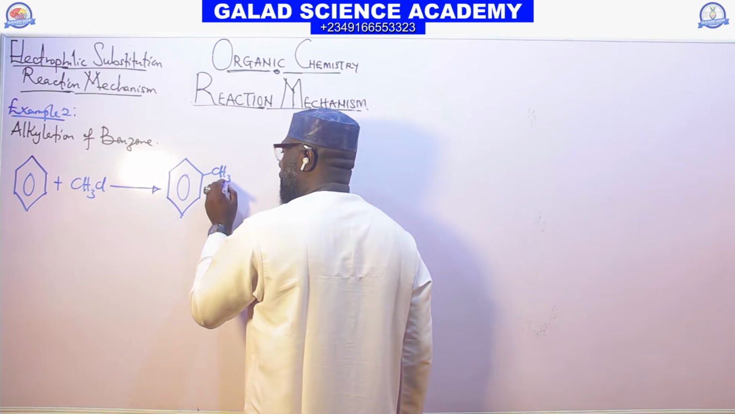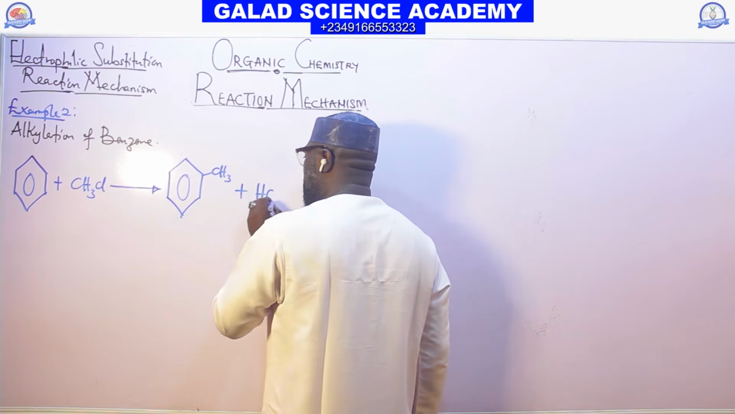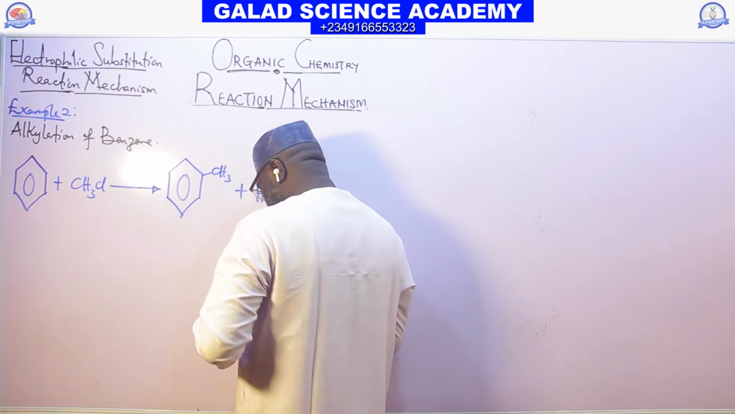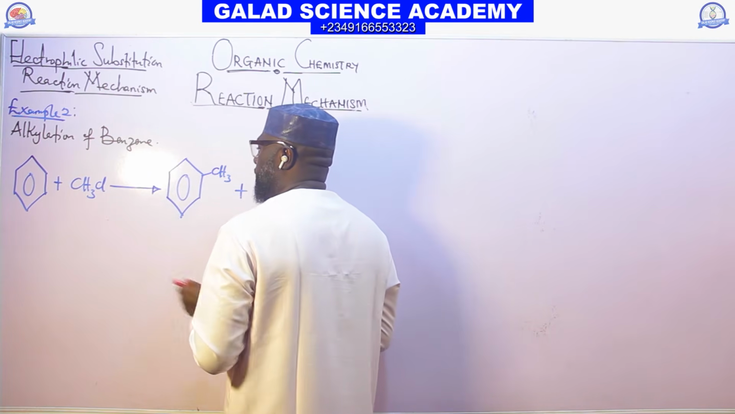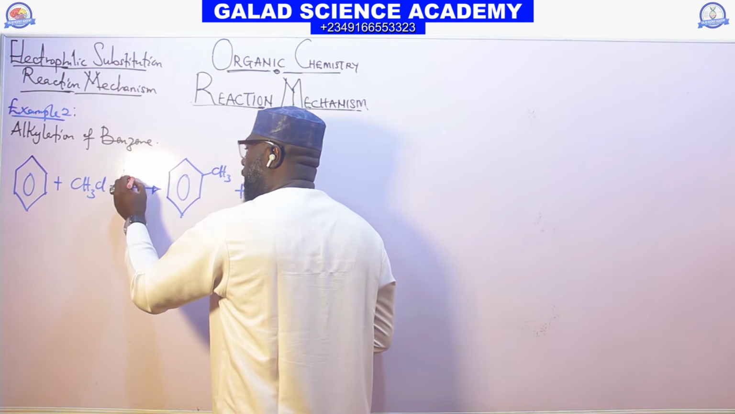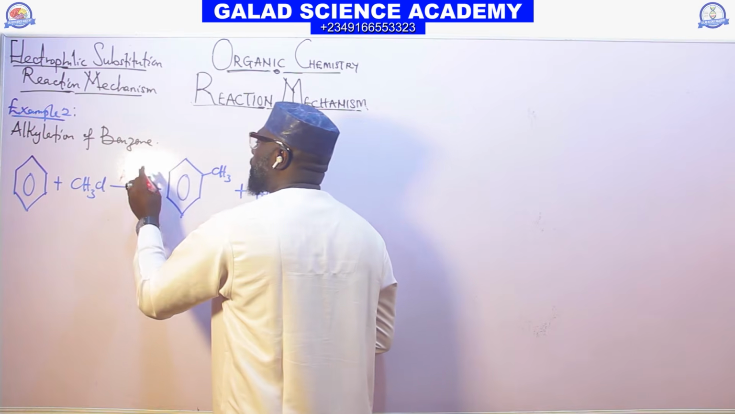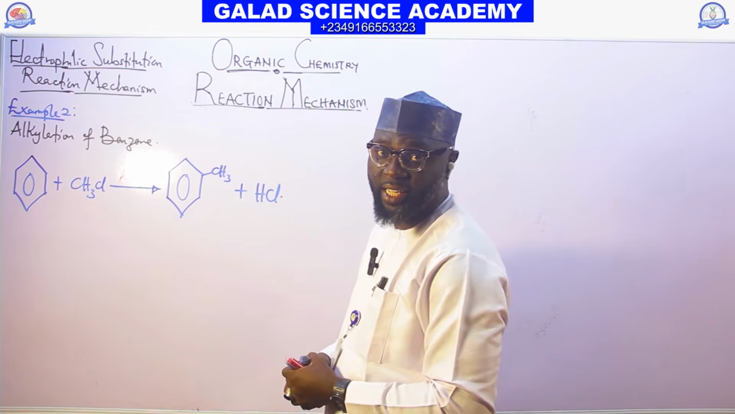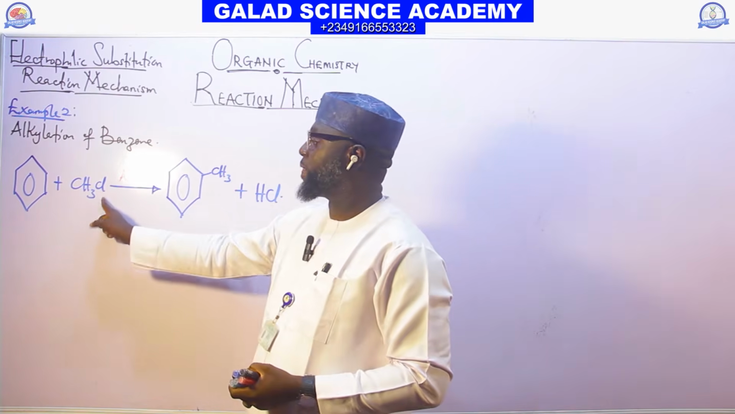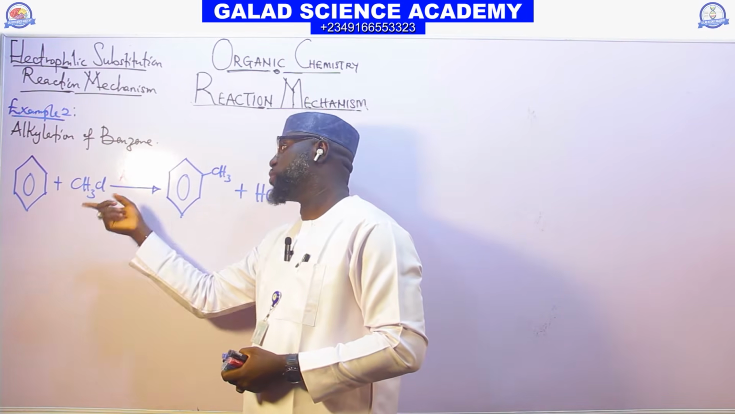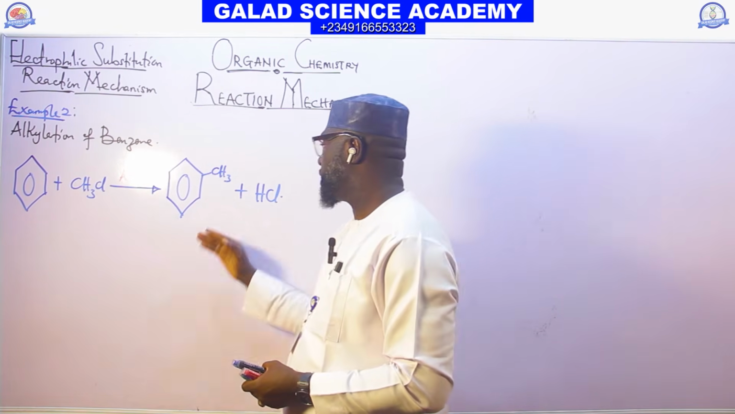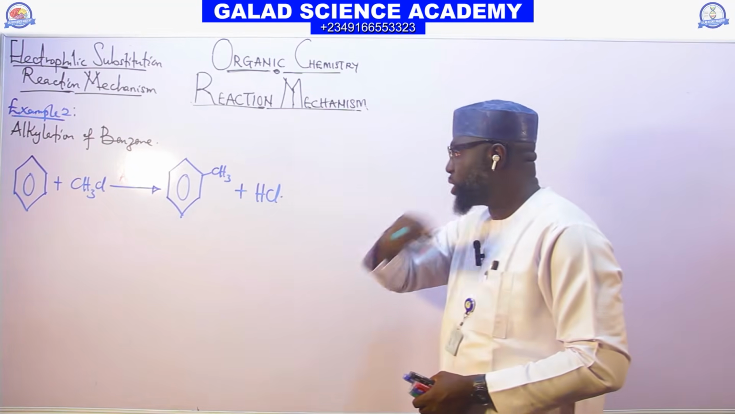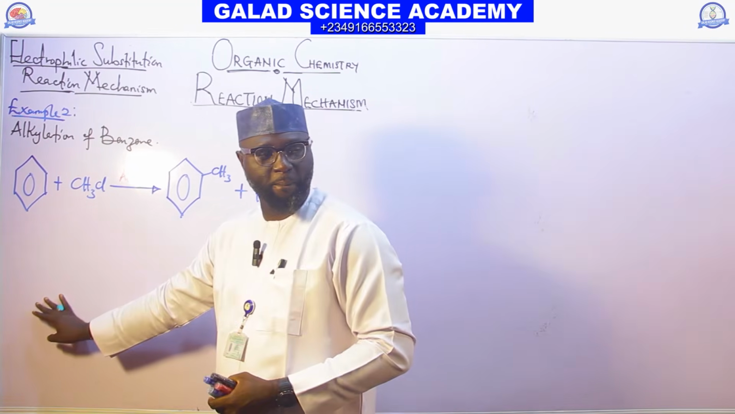CH3 plus HCl. The catalyst here is aluminium chloride. If we were using iron bromide, it depends on the halogen we have to determine what kind of catalyst we use. This is the reaction. If you are asked the mechanism of this reaction,